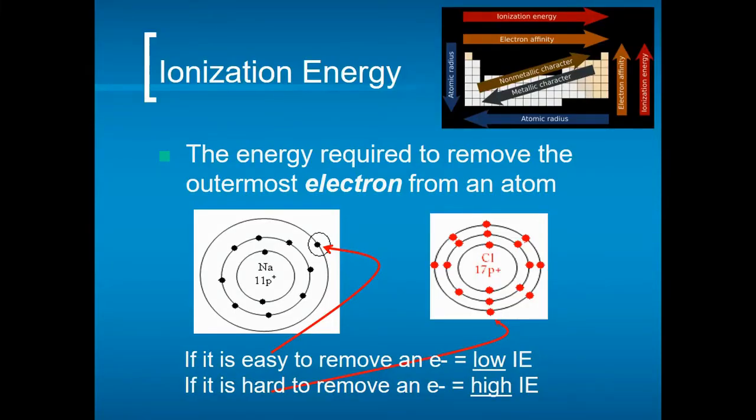Okay, the next trend that we're going to talk about is called ionization energy. That is the energy required to remove the outermost electron from an atom. In other words, the energy required to remove a valence electron. Since you are removing a valence electron, you are becoming positive. So now you're going to have more protons than electrons because you removed one. So this is the energy required to become a cation, the energy required to remove the outermost electron from an